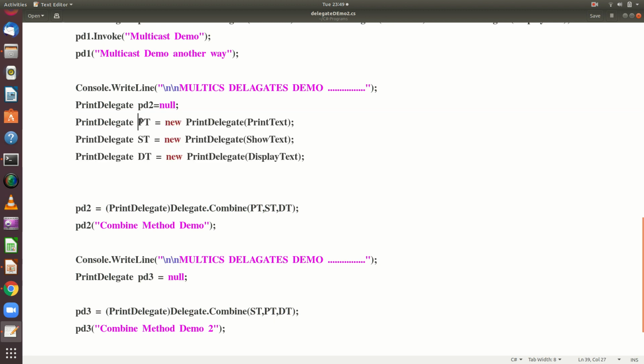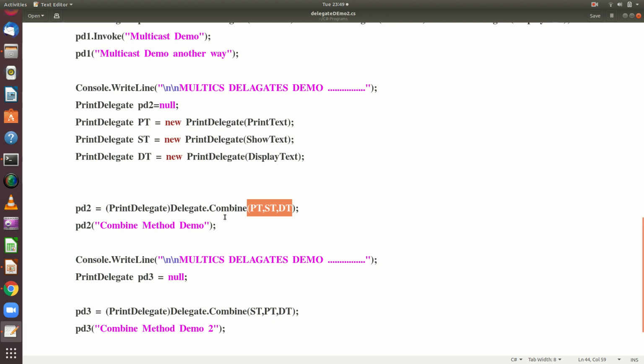The first one, pt, will be pointing to the print text method, st will be pointing to the show text method, and dt will be pointing to the display text method. Now I want to combine them together. So I am going to use the Delegate.Combine method, and for this method I am passing all the three simple delegates which I have created here.